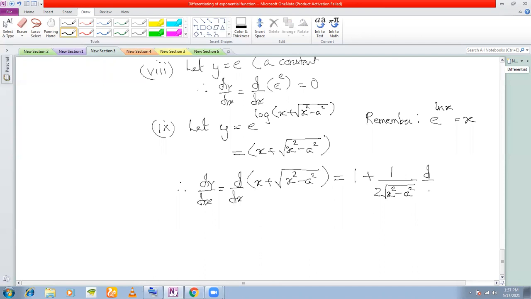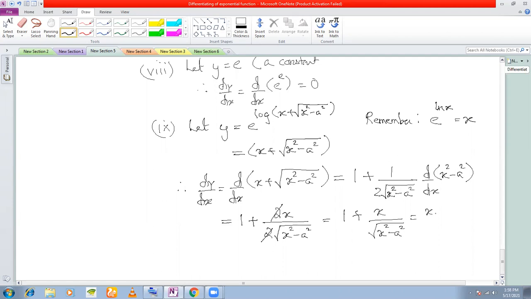And you will multiply it by the derivative of x square minus a square. So you get 1 plus. Now here d/dx of x square minus a square is simply 2x. You get 2x by 2 root x square minus a square. So these two cancel. You get simply 1 plus x by root x square minus a square,